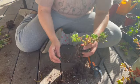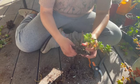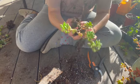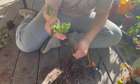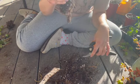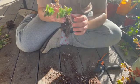So this one is kind of the same deal, where it broke off as a plant and not necessarily like little pieces. And I kind of like the way this looks. It's a little wonky though because it's pretty heavy and there's a lot of roots. Honestly, I'm just gonna cut all these roots. I don't need them. I know that's probably scary to cut roots off, but it's pretty common, especially